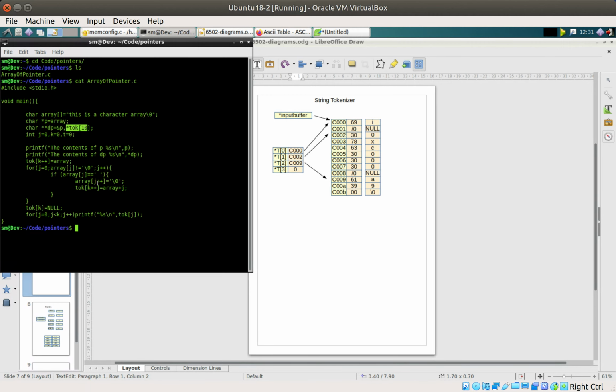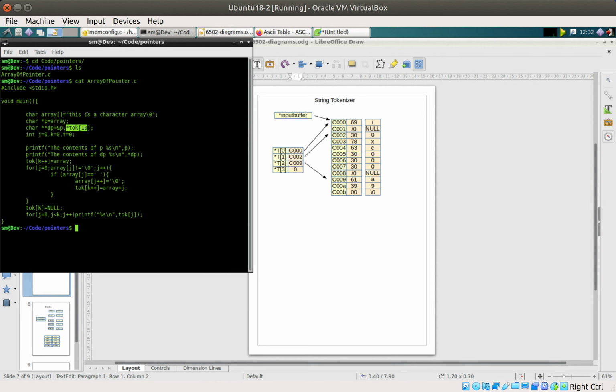So what it says is the jth element of the array, i.e. this that we're looking at, the space, we'll set it to a null, which is exactly what that does there. So it sets it to a null, and then increments j, so we can go around again. But at the same time, I want to set the token to point to the next element along in the array. So because k is already equal to 1, token 1 equals whatever the array plus j, whatever j plus 1 plus array is, alright,